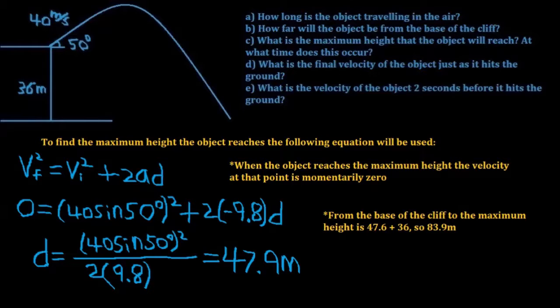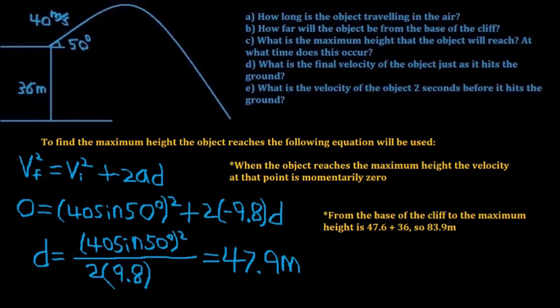So we can set the final velocity equal to 0. Then the only unknown variable is the distance, the height the object reaches. Just plug it in, manipulate it around, and we eventually get the height, which is